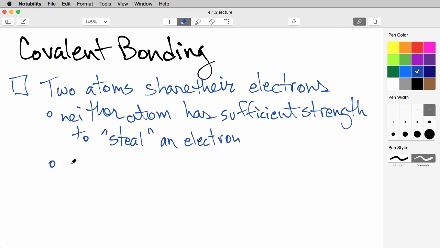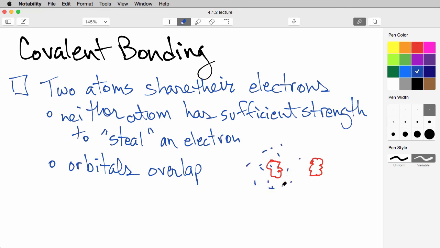And another way to think of this is that the orbitals overlap. And it's very much like we drew before, where we had a nucleus of one atom close to the nucleus of the other atom, and the orbitals from one atom take up a certain amount of space here. And then in covalent bonding, the neat thing is the orbitals of each of the two separate atoms overlap,